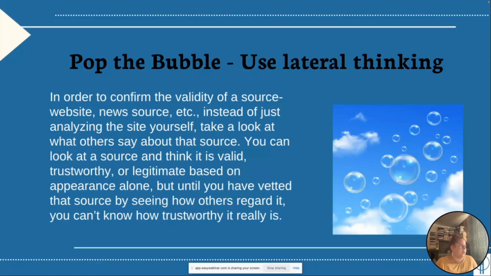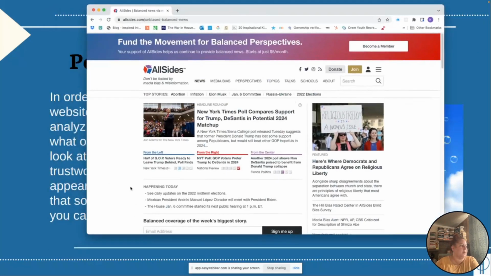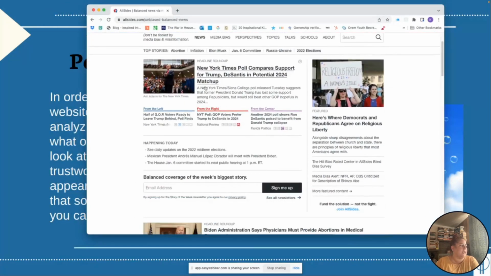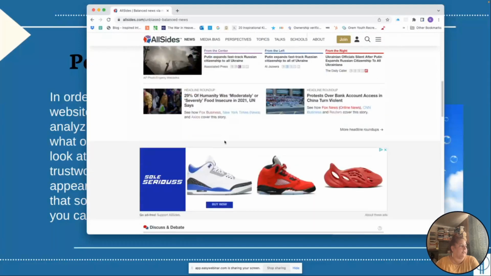They've been proven to be slightly right. I don't know, they try to be as balanced as possible. But what they do is they post headlines and then they show you if it's left, right, or center. So this is their little guide. And again, I don't advocate for one side or the other. It's about just understanding where that bias is, right? And you can see the different headlines on a certain topic, and the different ways